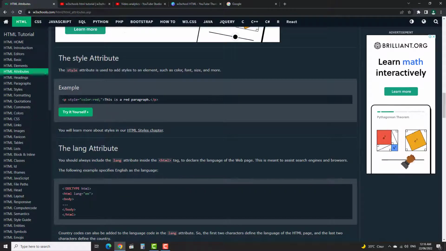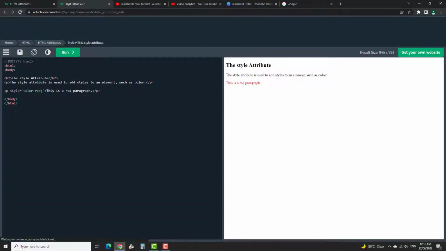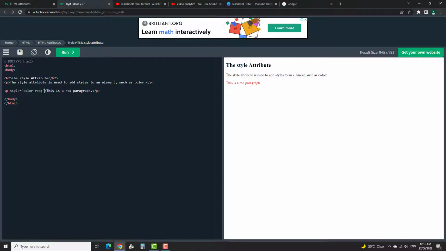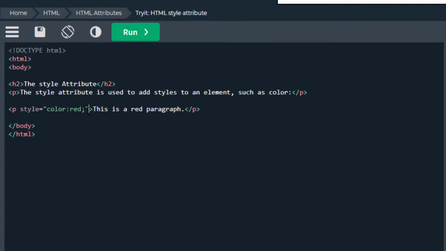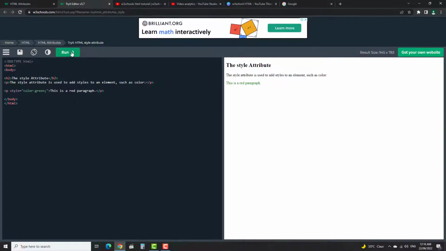The style attribute. The style attribute is used to add style to an element, such as color, font size, and more. Let's try it. See, this is called inline style. You can control the text inside any tag by using the style. For example, you wrote here the color is red. I can change it to green, for example, and click on run. As you can see, it is green. Or I can return it back to red, and also